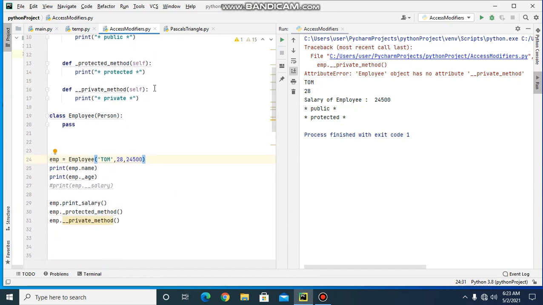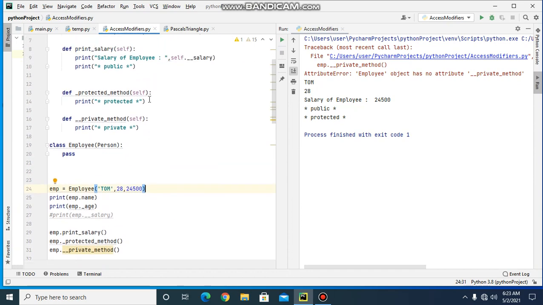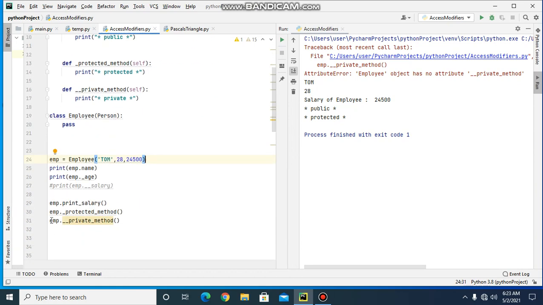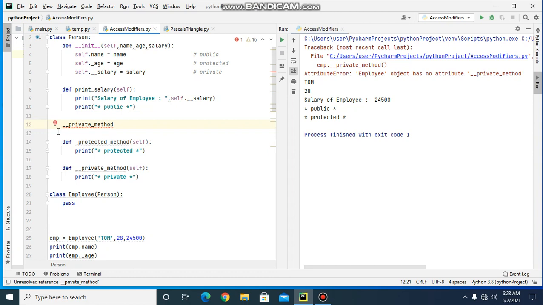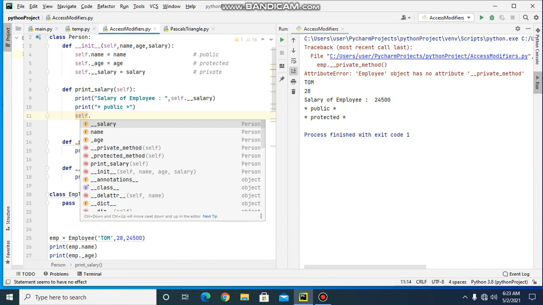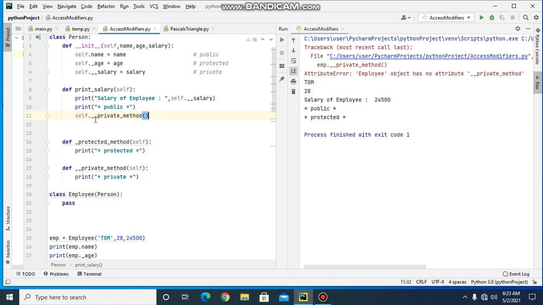So we'll now try to access this private method from inside the class. So I am calling this private method from inside the class here.